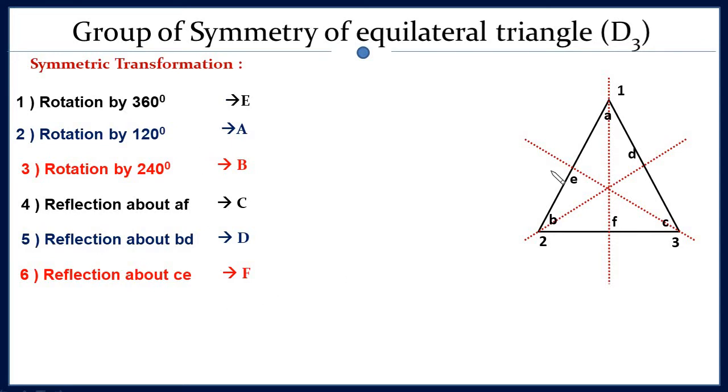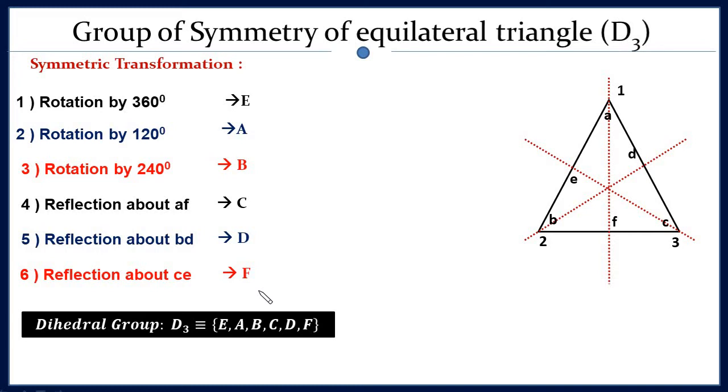Now there is no other symmetric transformation that exists for this system. Therefore, if we make a set out of these 6 elements, then this set is called a symmetric group. And this is the symmetric group of an equilateral triangle. This group is also known as a dihedral group, and for a triangle it is D3. Why? It is the dihedral group of a 3-sided polygon. So if you have an n-sided polygon, then we will call it Dn, the dihedral group of an n-sided polygon. So this is a symmetric group but has a special name, D3.